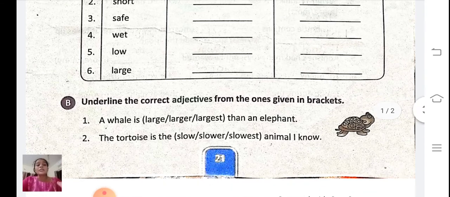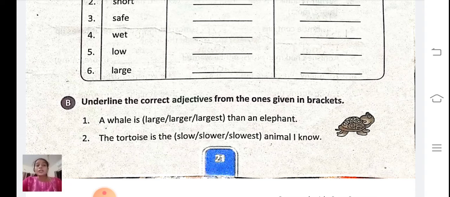The tortoise is the slow, slower and slowest animal I know. In this sentence, here we are comparing tortoise with all the animals. So here we are comparing more than two. So we have to use superlative degree of comparison.